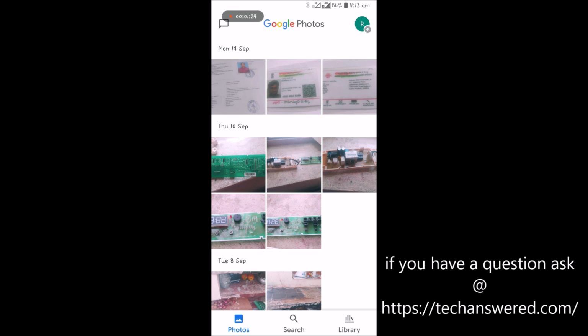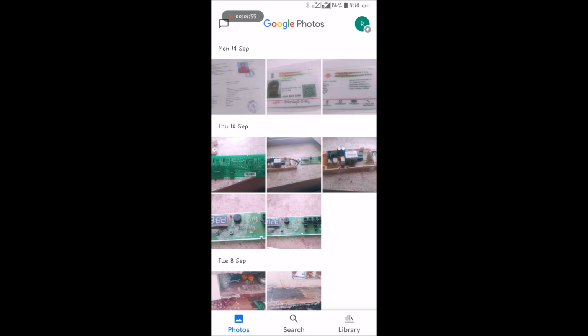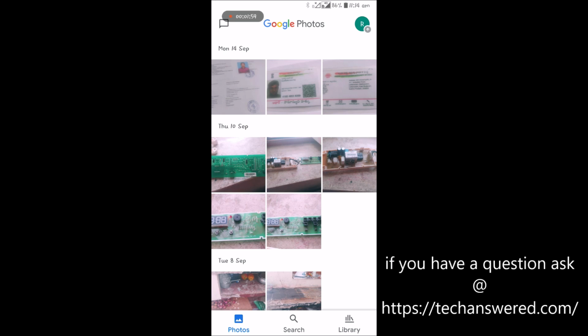Remember one thing, this is important actually: if you delete any photo from Google Photos, the image which is on the local gallery app, means on your device storage, will also get deleted. So you should be doubly sure. If you feel these photos are important, please do take a backup of these images to your computer or to some other device, and then you can take action of deletion. Because if you delete on Google Photos, it also gets deleted from your phone's internal storage.